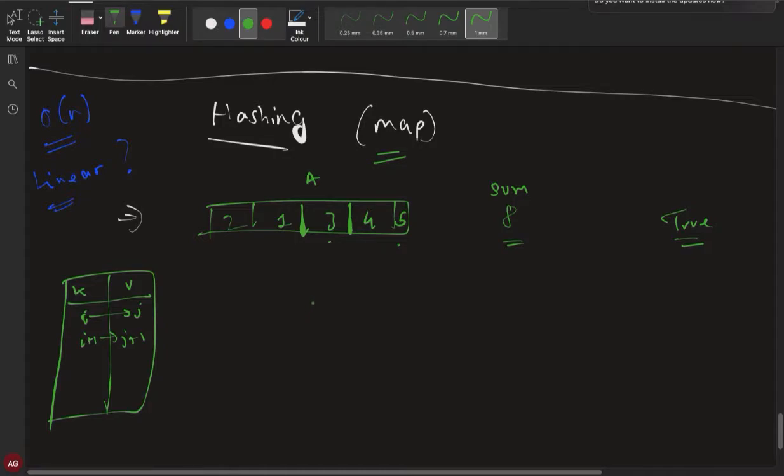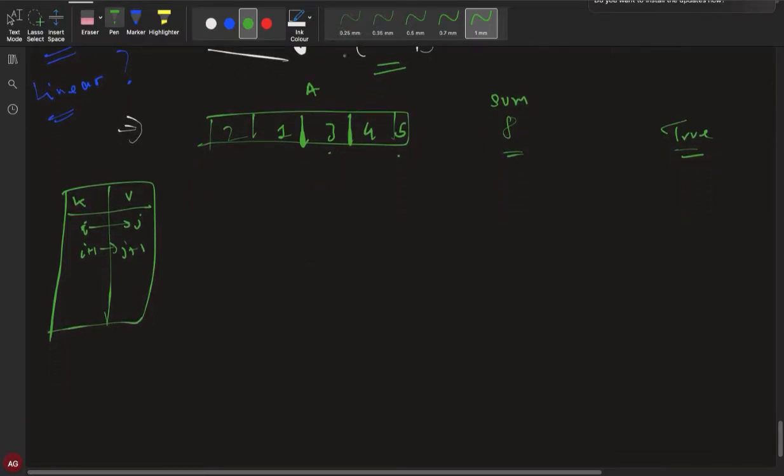So how can we optimize this algorithm further to linear time complexity using hashing? Let's start. Our algorithm will start from the first element, i equal to 0, and we will be storing this element in our map.